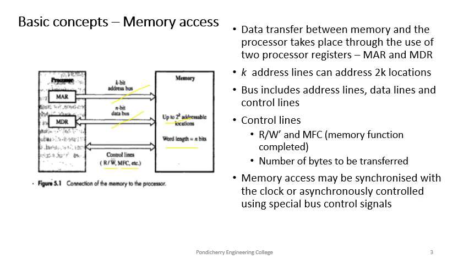When the processor receives this MFC signal, it loads the data on the data lines into the memory data register. Similarly, a processor writes data into a memory location by loading the address of this location into the memory address register, and it loads the data into the memory data register. Then it indicates the write operation by setting this read write control line to 0.